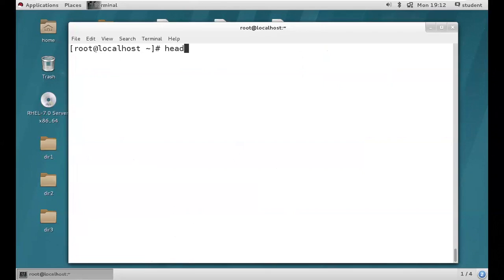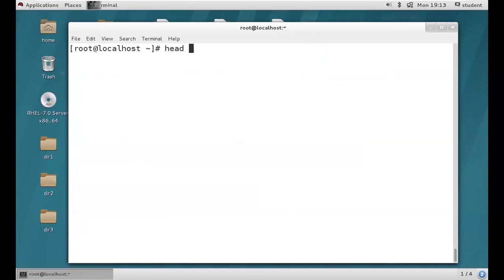head is a command. head means, right? So what exactly will the head command do? By default it will print the first 10 lines from your file.